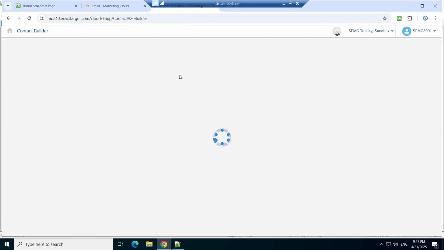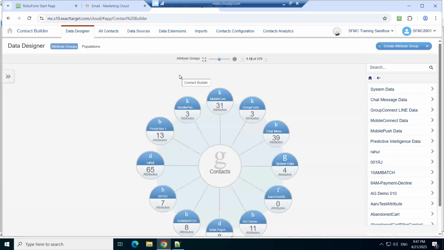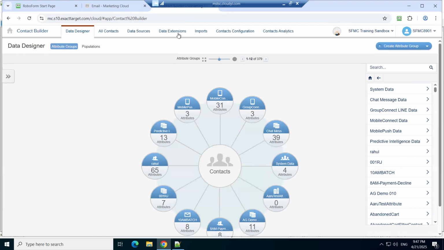We can create a data extension with fields like country, date of birth, email, first name,